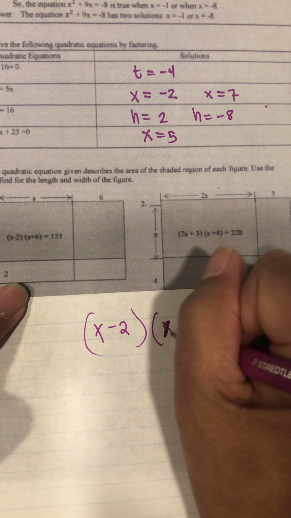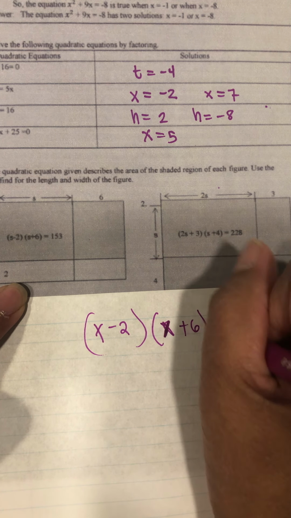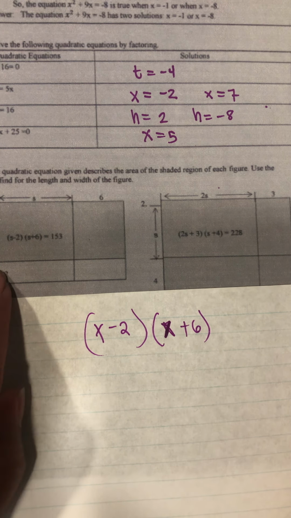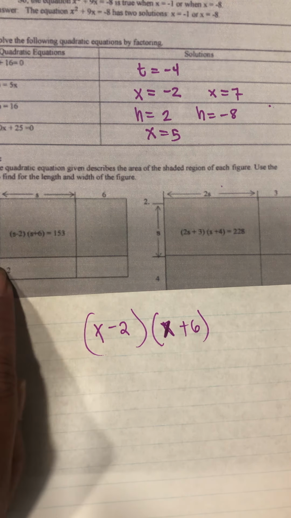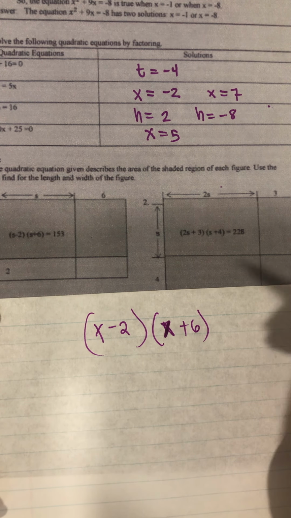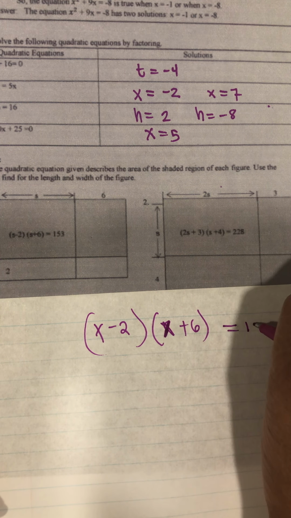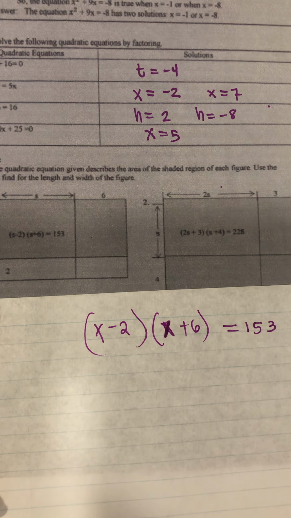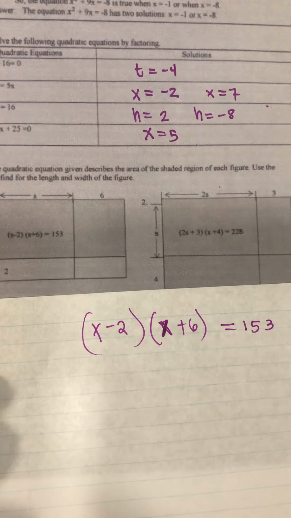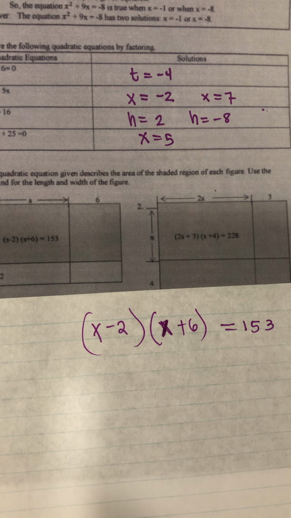It's supposed to be s, but I'll make it x. Doesn't matter. All right, so you see x minus 2, so they subtracted 2 here, because it's x minus 2. So what we do is, hold on, equals 153. All right, so what we're gonna do here is, we have to equate this to 0 all the time, Keith. So now you will have,